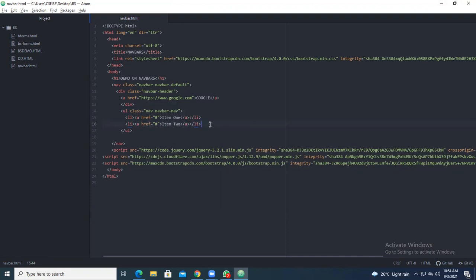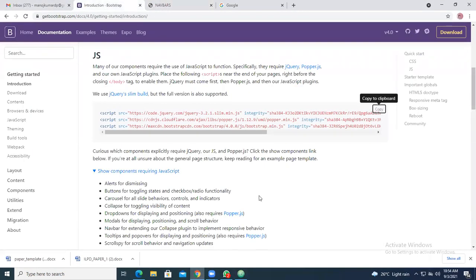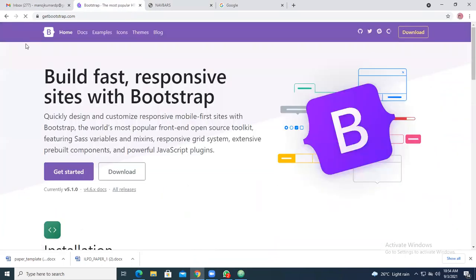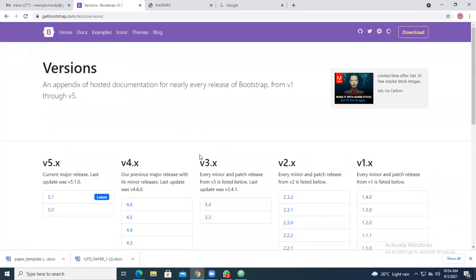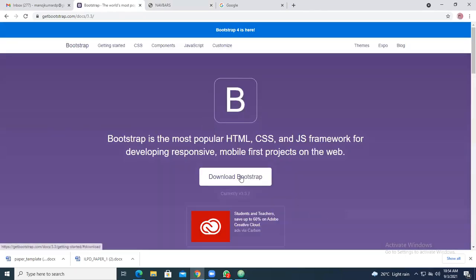So this we consider as navbar-nav. This one you are not getting in particular styles. In order to get those styles, I will tell you one thing. Go to home, go to all releases, go to version 3.3. Go to getting started.